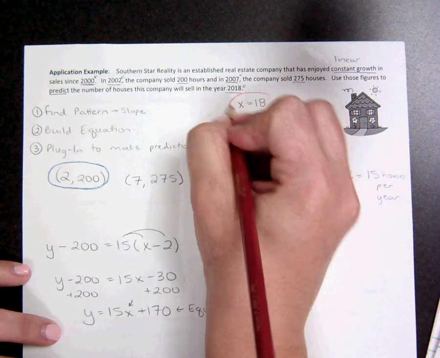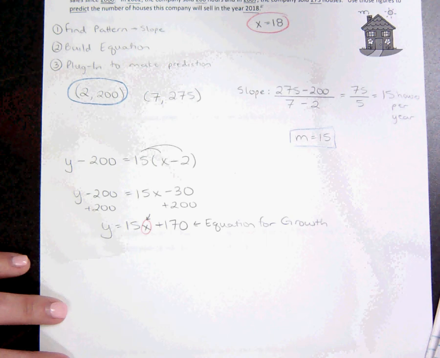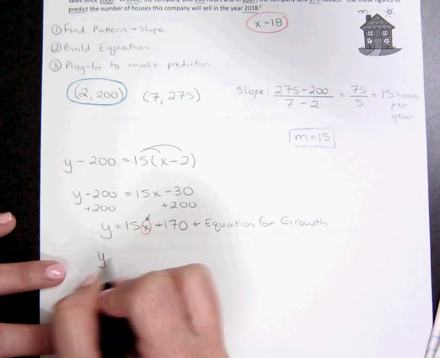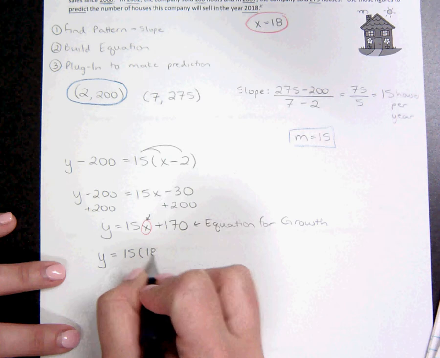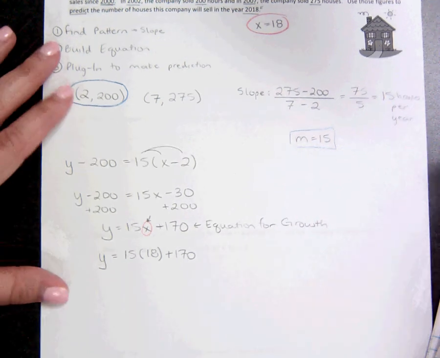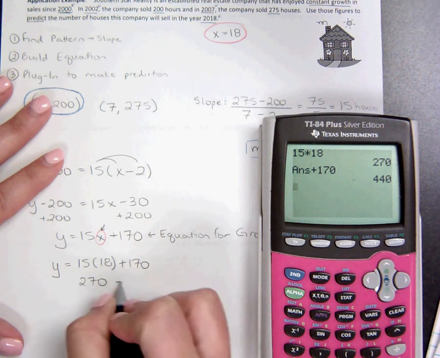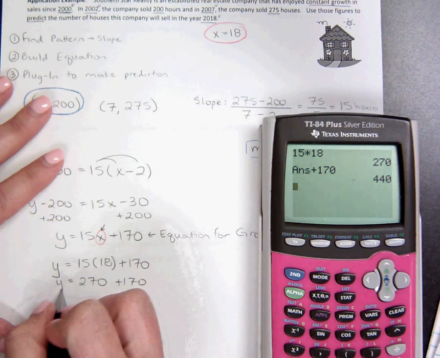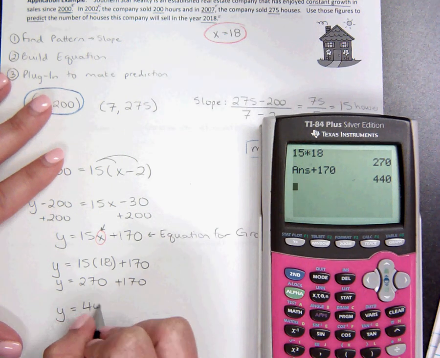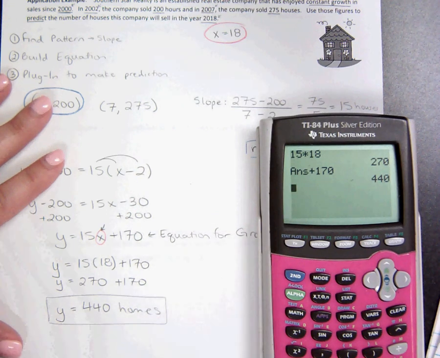So we're going to take the 18 from 2018 and we're going to plug it in where we see x, and you will want a calculator for this. These numbers are pretty big. So we have y equals 15 times 18 plus 170. So let's see here. 15 times 18 is 270, and then plus 170. So we have 270 plus 170. So it's predicted that they will sell 440 homes in the year 2018, assuming they still have that nice constant